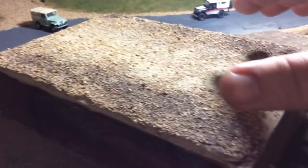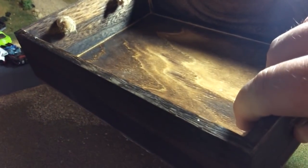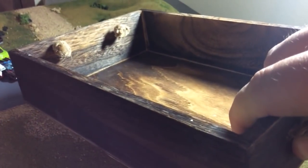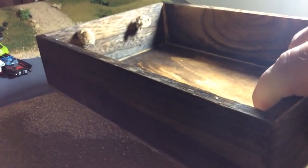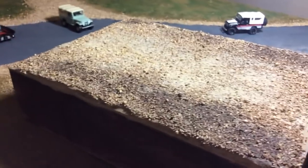So I got the base done. And this was actually, so I found this box. There were 3 of them, in 3 different sizes. One sat inside of the other, sat inside of the other. This is the smallest of the 3. He wanted a small base, so this is probably a little bigger than he wanted,